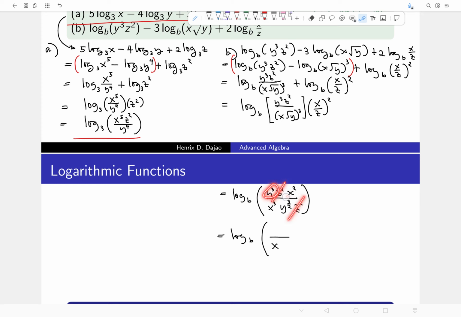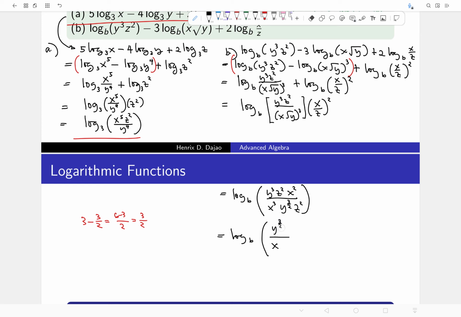This one and this one, so you have to subtract 3 minus 3 over 2, that is 6 minus 3 over 2, it's 3 over 2. So the answer is y raised to